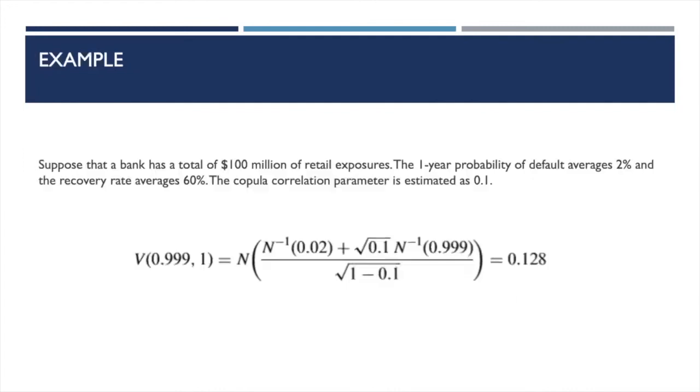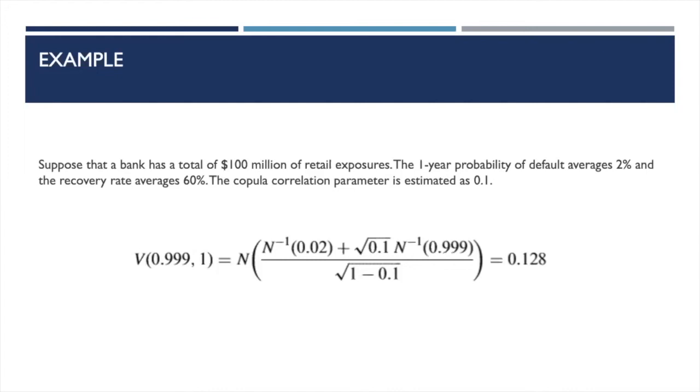Then we can see an example. Suppose that a bank has a total of 100 million of retail exposures. The one year probability of default averages 2% and the recovery rate averages 60%. The copula correlation parameter is estimated as 0.1. We have to apply the formula that we saw before, showing that the 99.9% worst case default rate is 12.8%. The one year 99.9% credit VaR is therefore